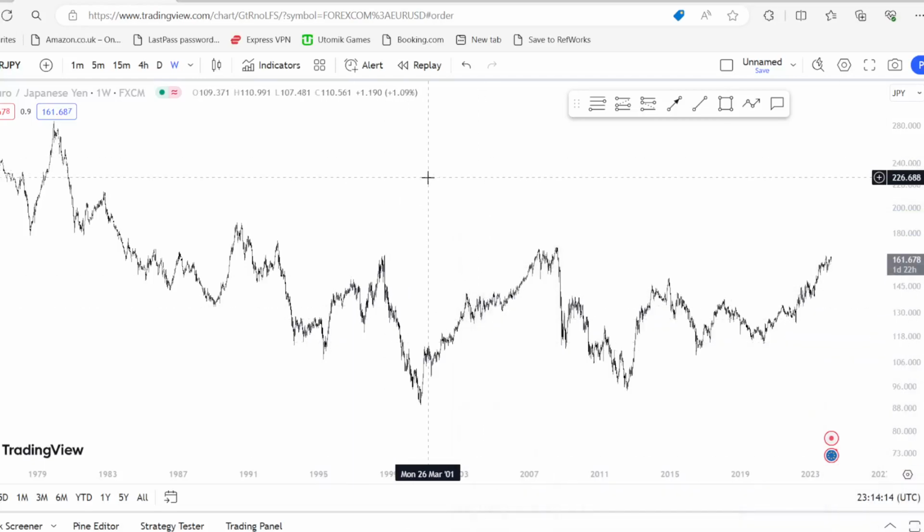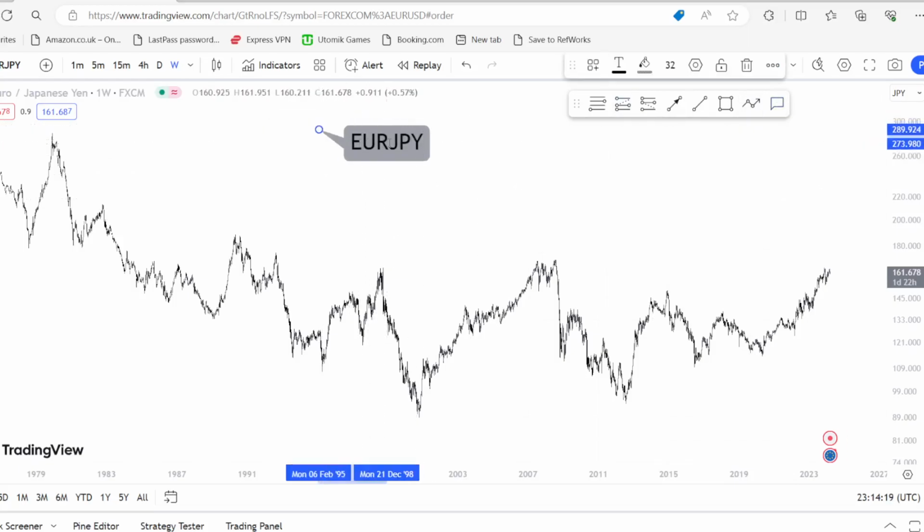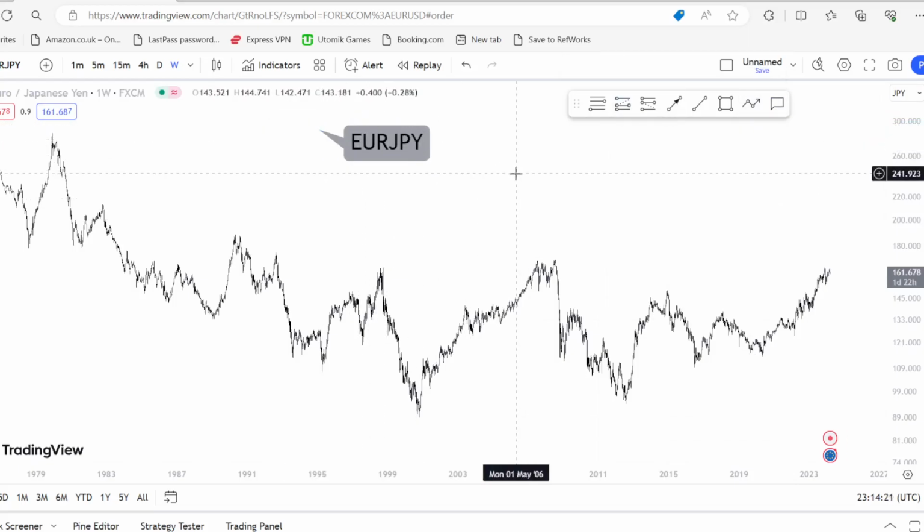Here we have a new pair that I'm currently looking at. It is the Euro Yen. The Euro Yen was requested by a member who wants to see yen pairs, so I am going to give you a yen pair, and this video is going to be dedicated to